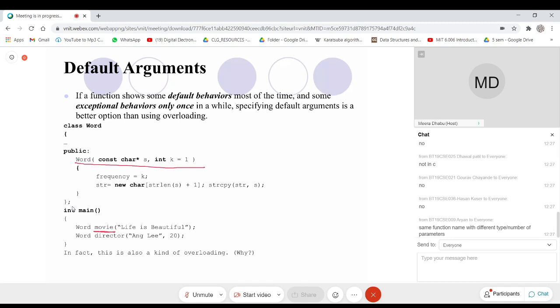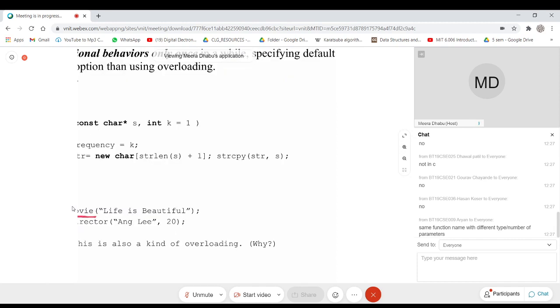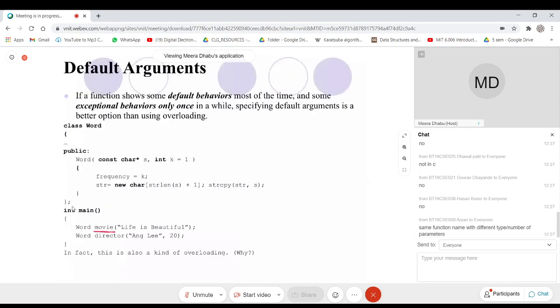Now, if you expect that every time an object is created, the value of frequency should be set to 1, then you will see here that the default value has been set to 1. Though, if you look at this definition, in the invocation of the constructor here, we are just passing the char star.